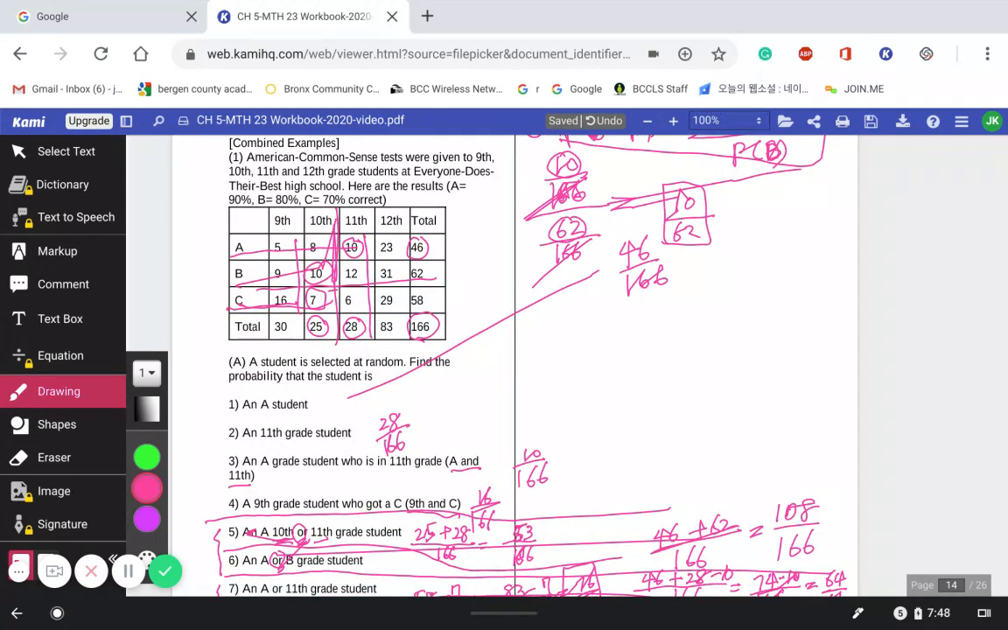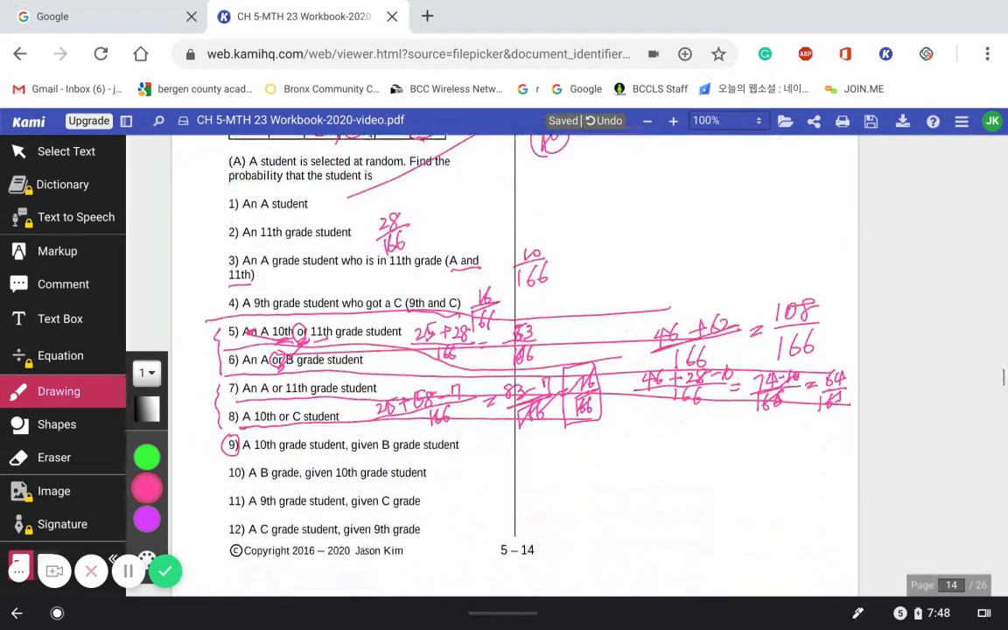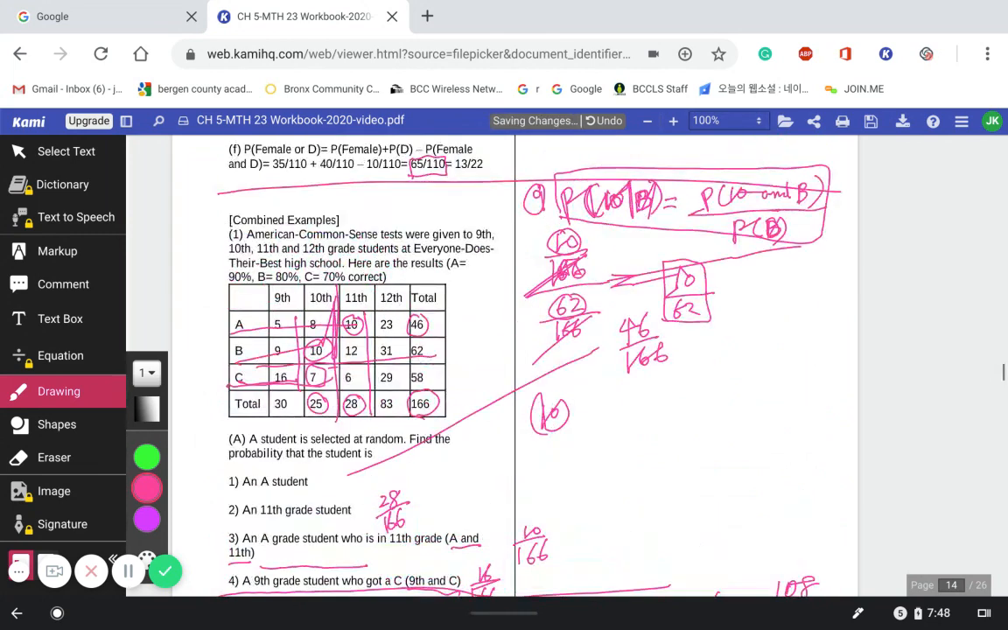So number 10 would be probability of B given 10. Again, to do B given 10, like 10 given B was 10 and B divided by B. So B given 10 would be